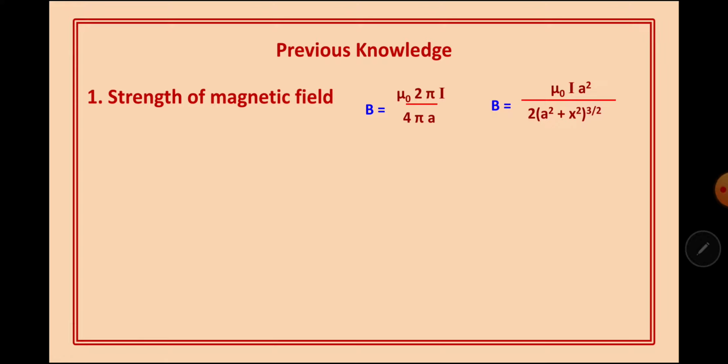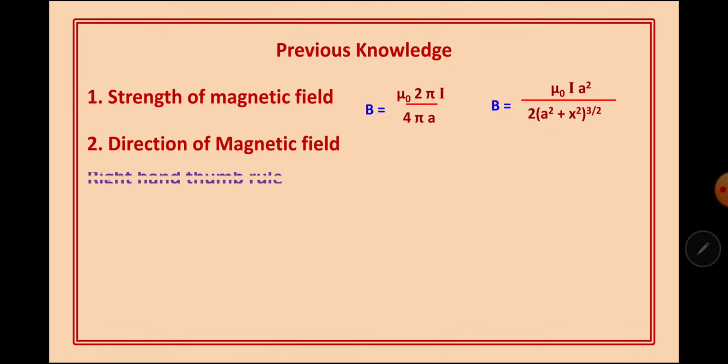Okay, now let's move on to the direction of the field. Students, for the direction of the magnetic field, one general rule we have is the right hand thumb rule, that will apply to all the shapes of current carrying conductors. But we have to consider only one small straight part of that conductor to find out the direction of the field. And that rule states like this: the right hand thumb rule.